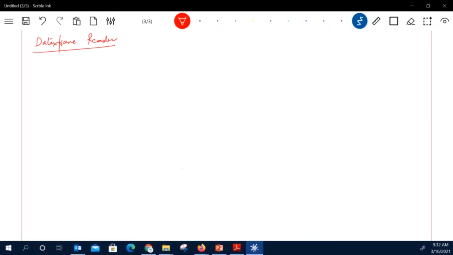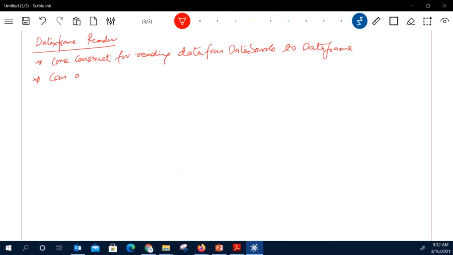This data frame reader is the core construct for reading data from the different data sources and putting it into your data frame.